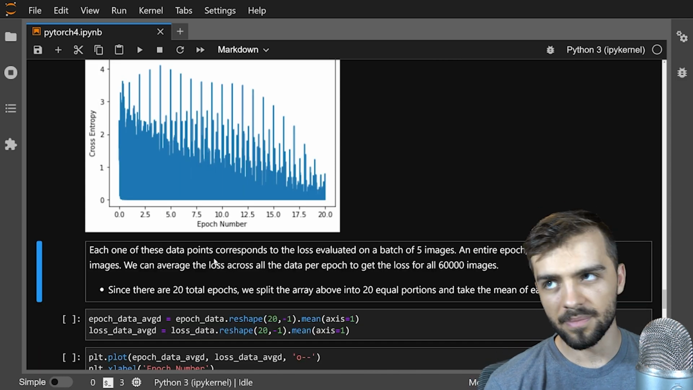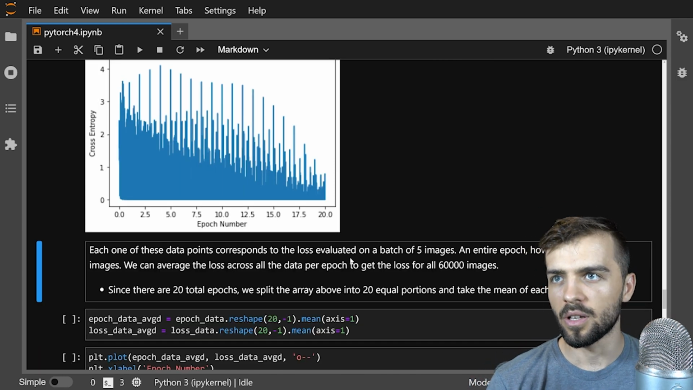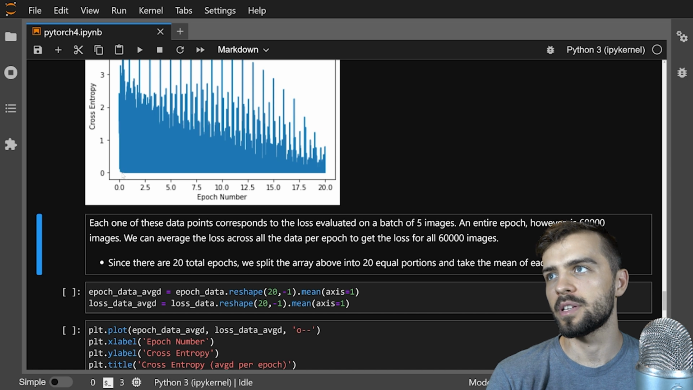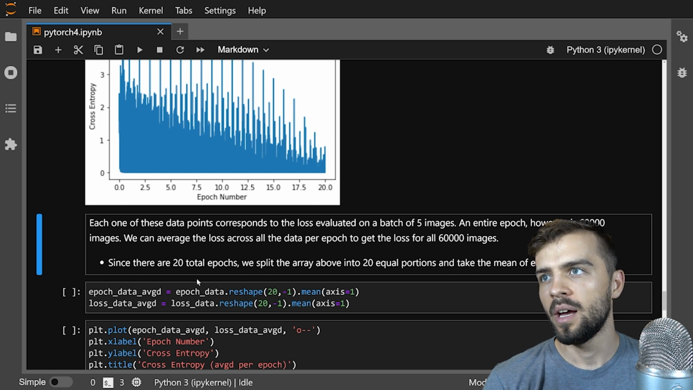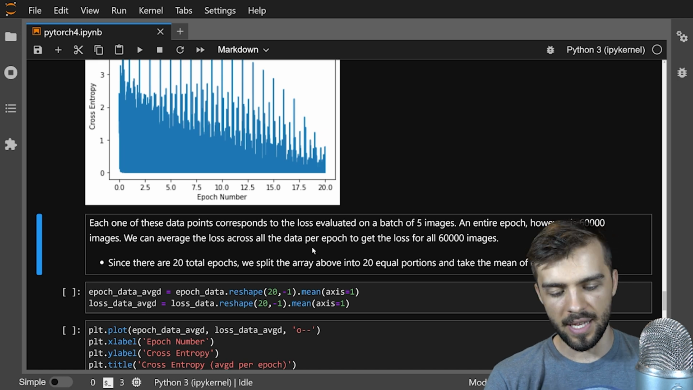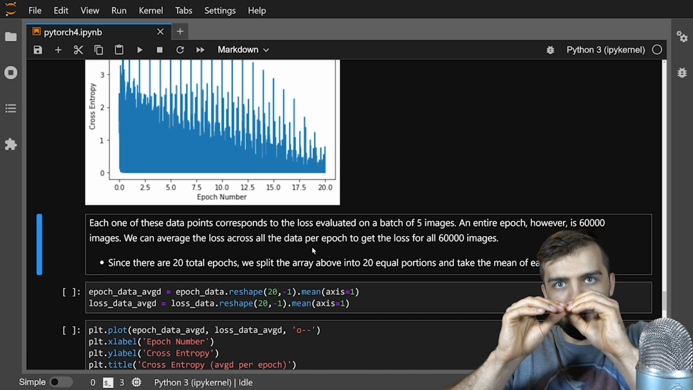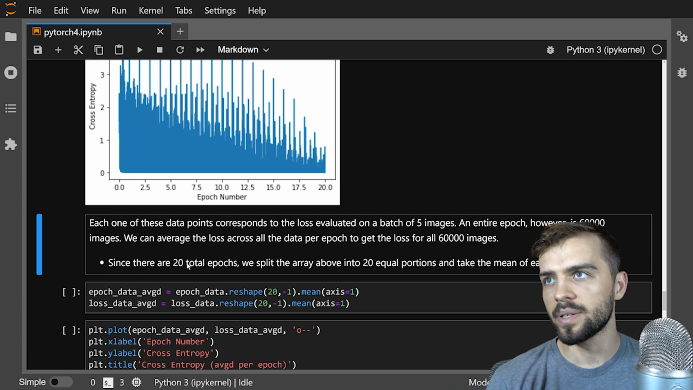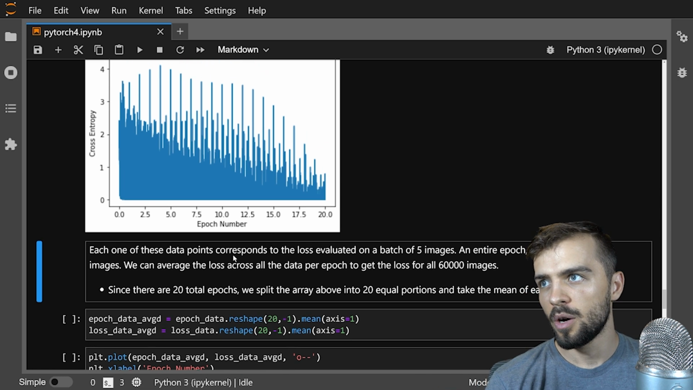So remember that like I said, each data point corresponds to the loss evaluated on a batch of 5 images, and an entire epoch is 60,000 images. So there's 12,000 data points between here and 1, for example. What we can do is we can average the loss across each epoch to get the average loss for each epoch, all 60,000 images. Since there are 20 total epochs that I trained for, what we'll do is we'll split